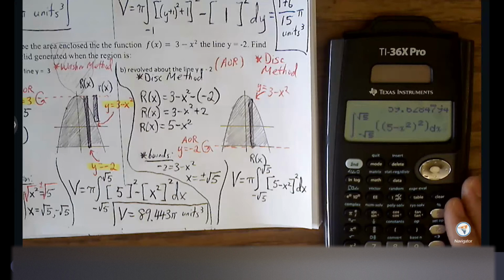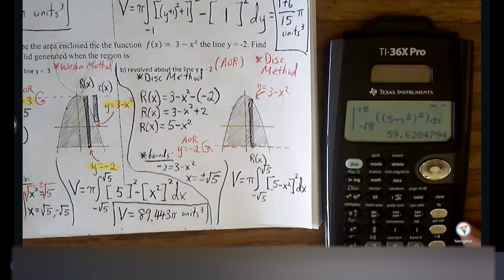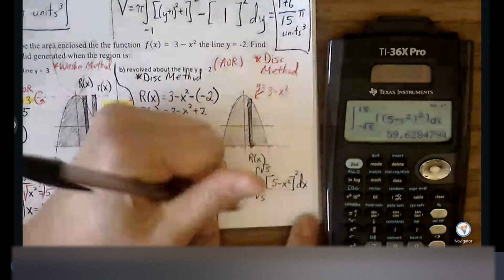Careful with your parentheses, enter everything in correctly. (59.628 pi)